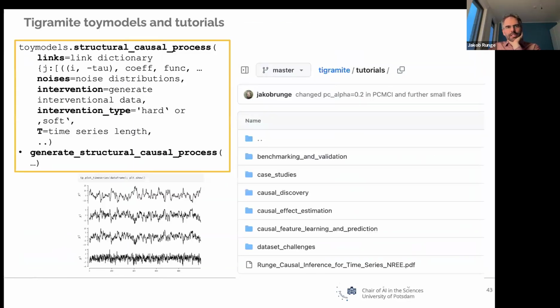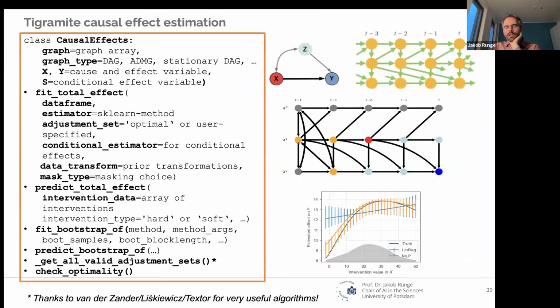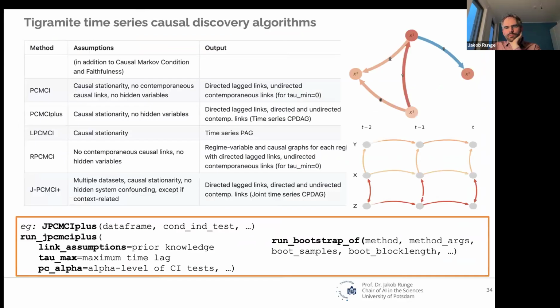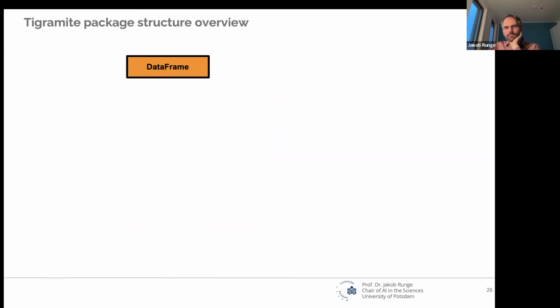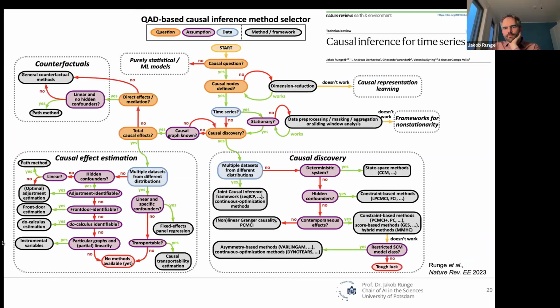Yeah, so it is used. I mean, the application target here is time series data, so that might come from a dynamical system. It goes to my flow chart. Entering causal discovery here, maybe it's just one data set. If you have a deterministic system, then there are these state space methods, convergent cross mapping, made for this target.